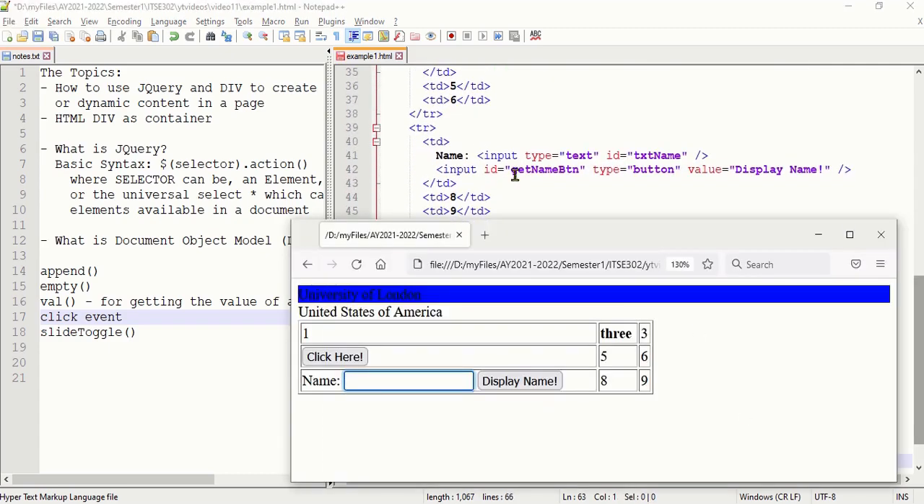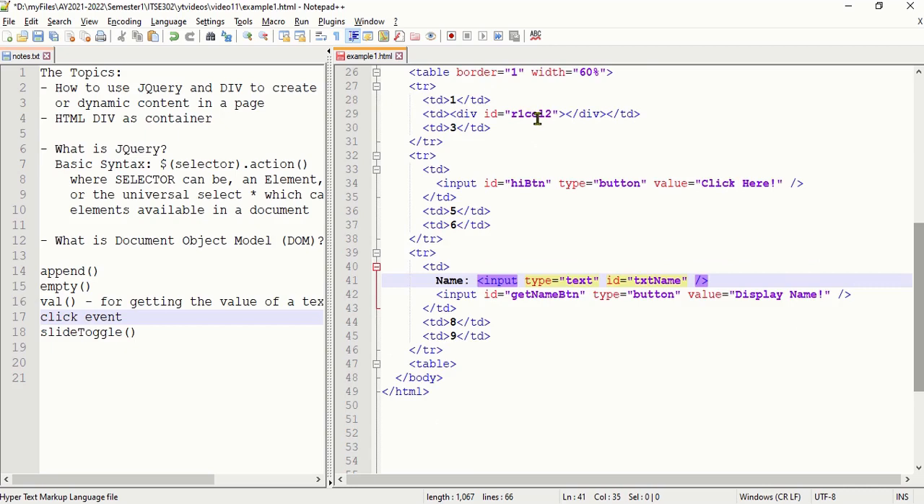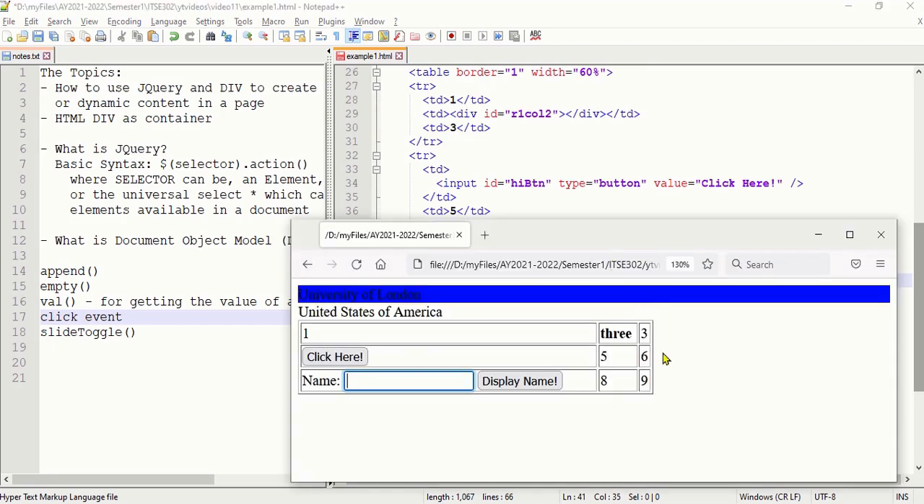There you go. Here it is. All right. Now, let's get the data. I will type here, I will click this button here, and we will display it here in our div. Remember, we have a div here, and that is the R1 call to, right? Remember that one? So let's see. So what will happen is that